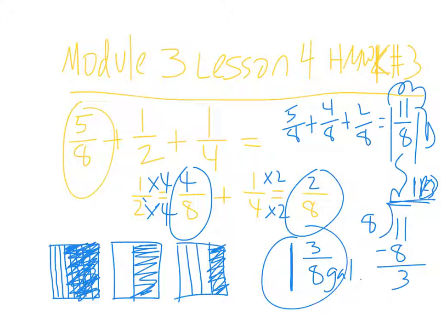Okay? I got my common denominator was 8. So this one right here I leave alone. It's in eighths already. To make halves into eighths,